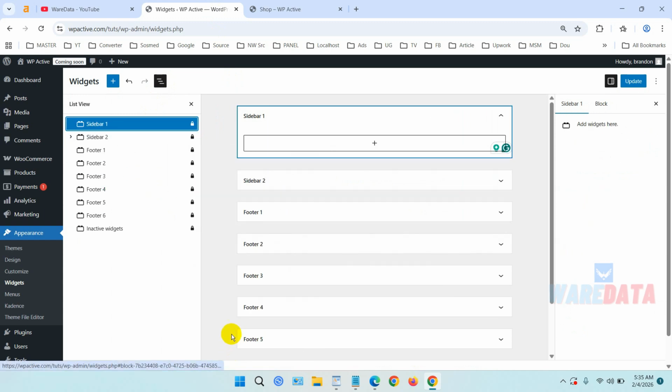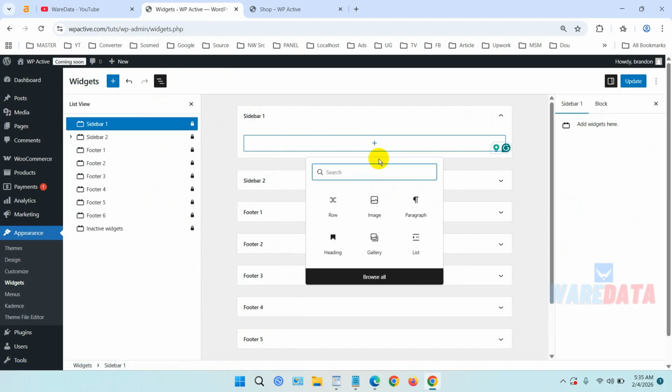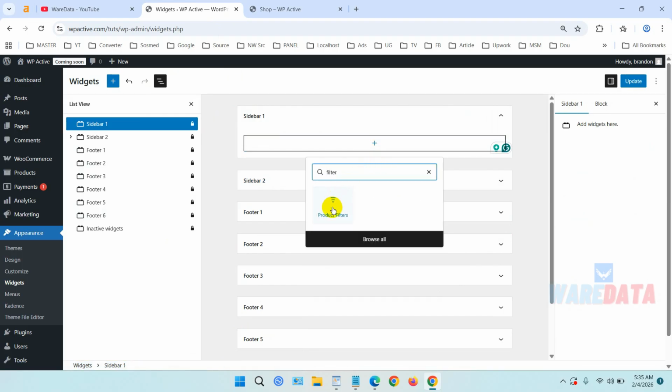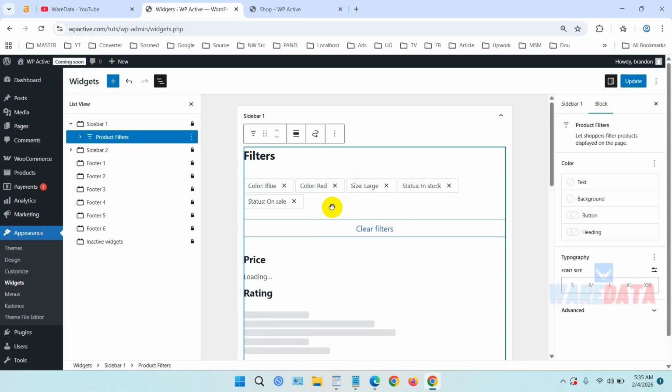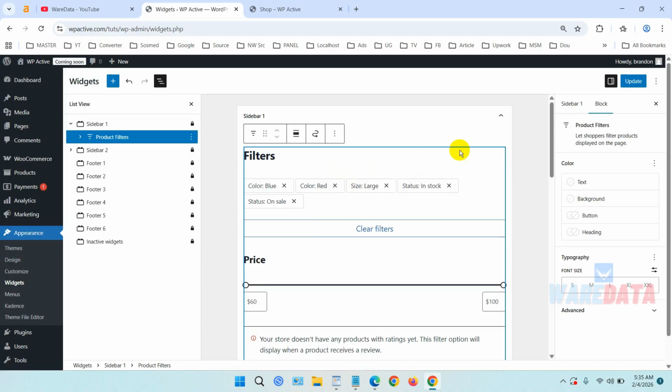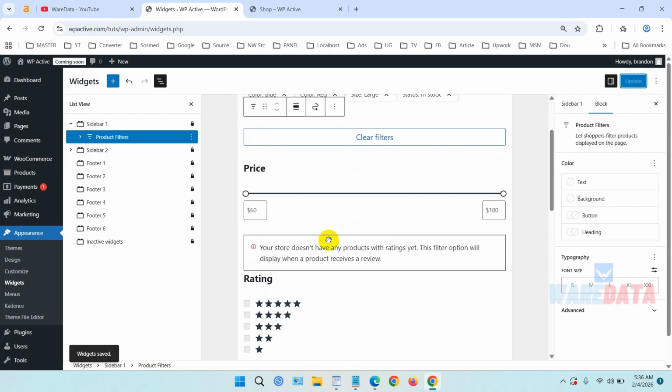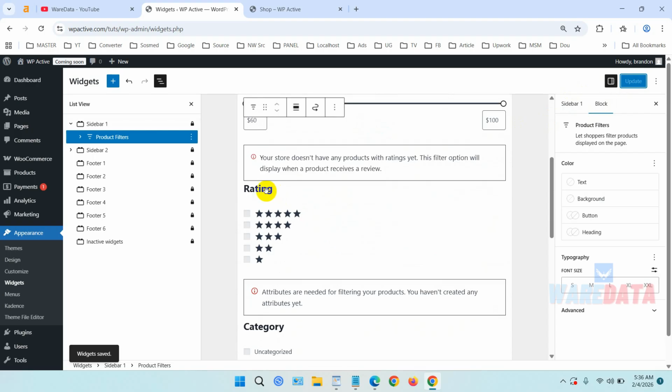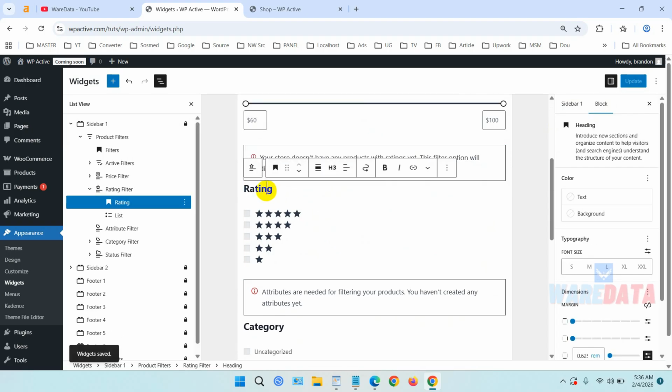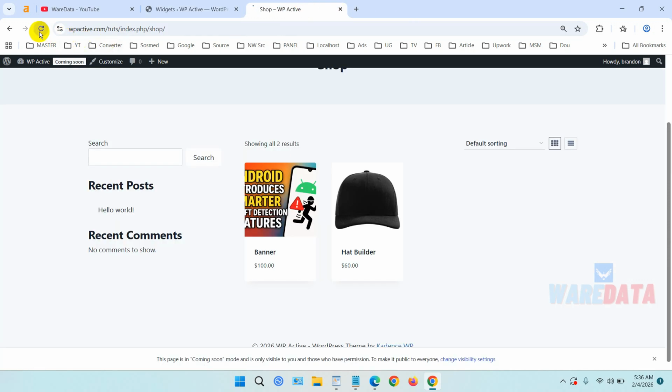The sidebar one is here, and we can add the filter here. Product filter, it's by WooCommerce. And we can click update. You can adjust the text and other items here. For example, if this is too big, you can just click this and choose the font size here. Let's preview first. Reload this,